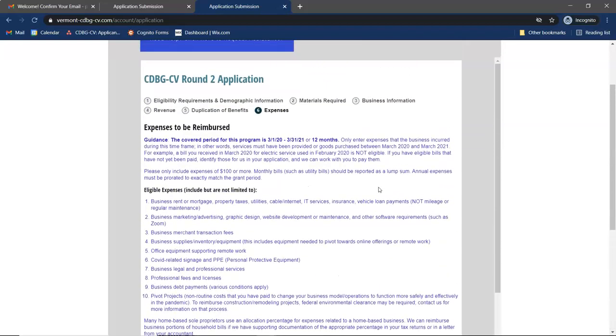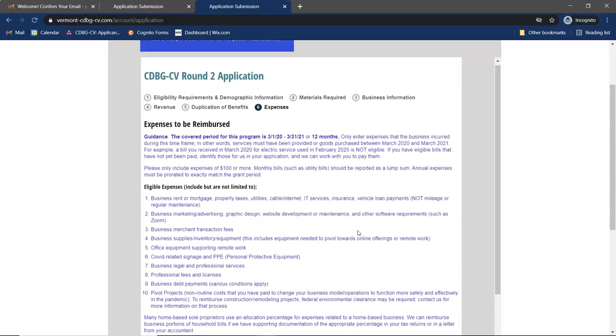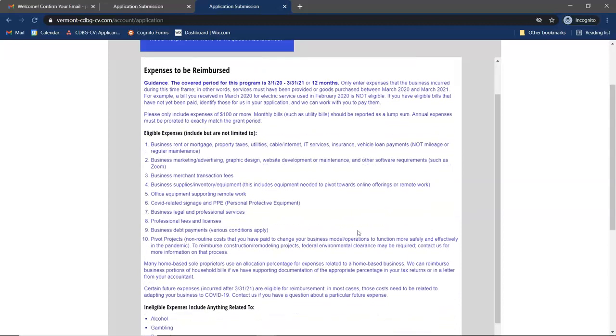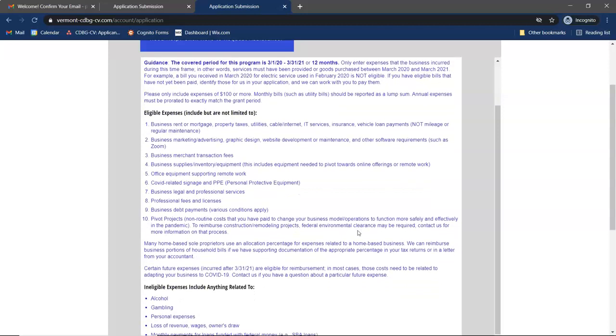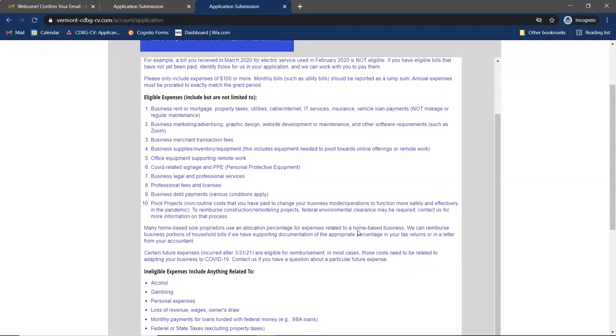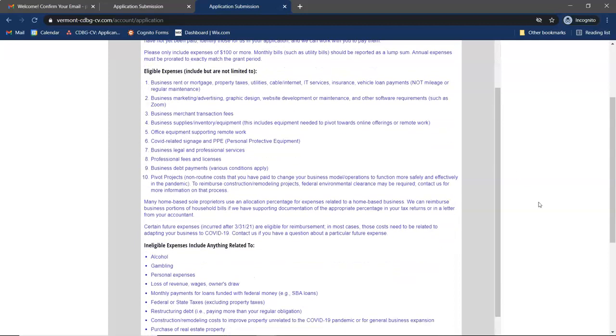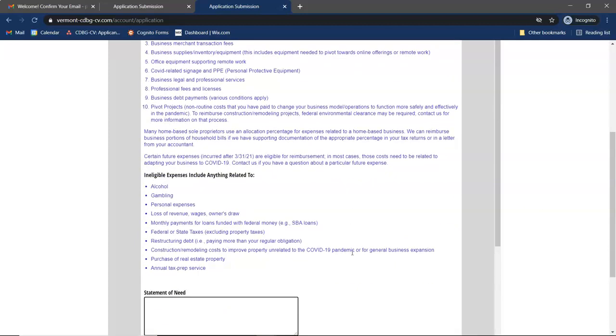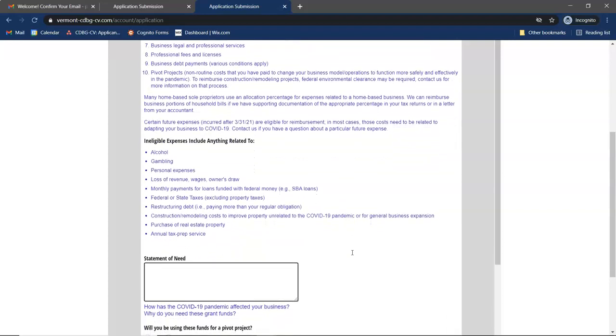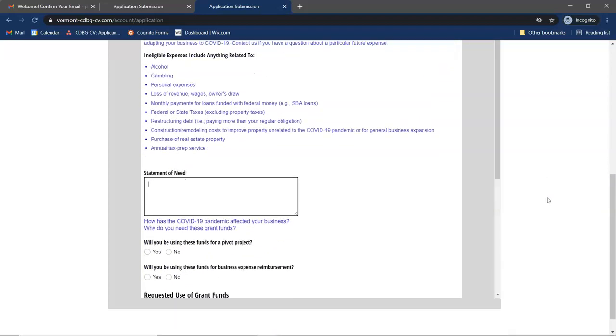So page 6 is the expenses page. This is the page where you will be indicating to us how much funding you are looking to receive and for what you will be using it for, whether that is reimbursing expenses already incurred or using it for pivot projects and other future projects. We ask that you review the eligible expenses and the ineligible expenses before you fill out the tables below, so that we don't have anything that is not eligible indicated